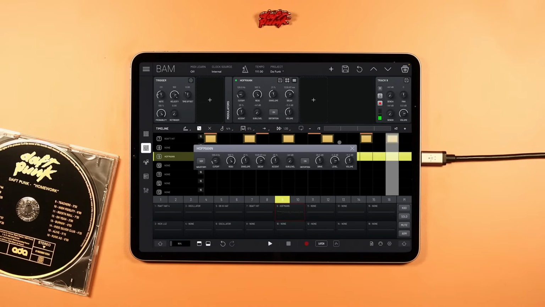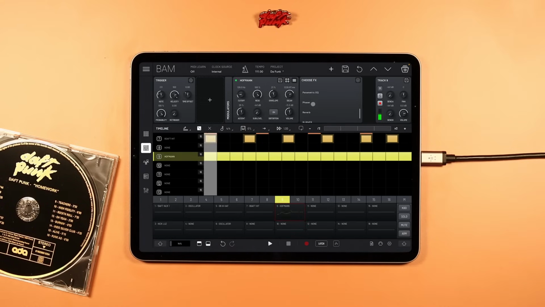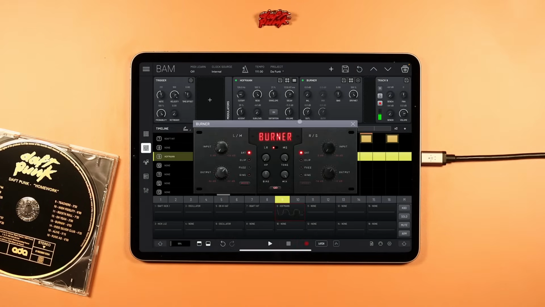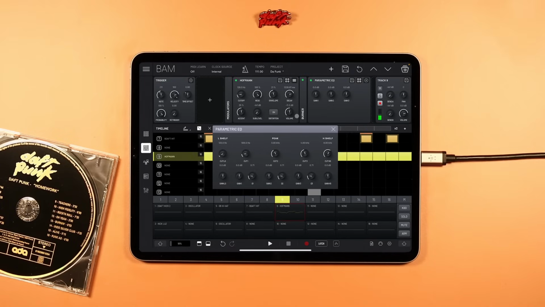So, next step will be using some effects to increase the distortion of the sound even more with a burner, which we're going to start by dropping the output to control the overall volume of the sound, and then increasing the input to give it some drive. Lastly, we're going to put the high pass at maximum because we don't want to distort the low frequencies, and we want that distortion to be screaming on the mid frequencies. Finally, we open a parametric equalizer to take out the subs,